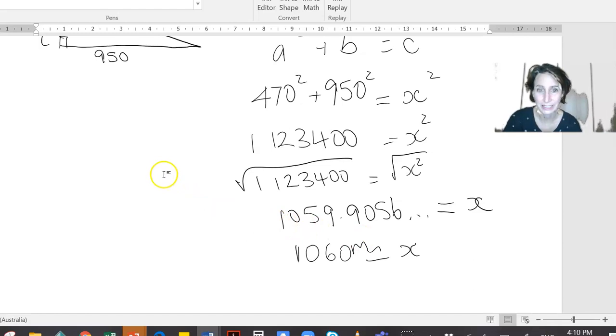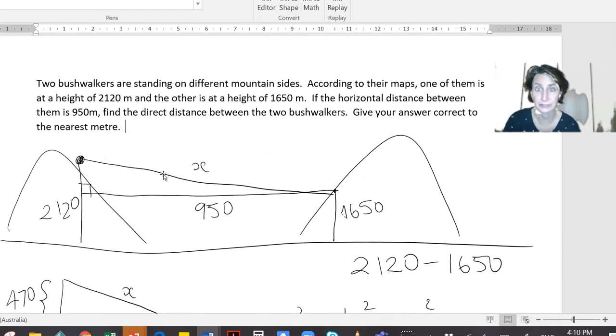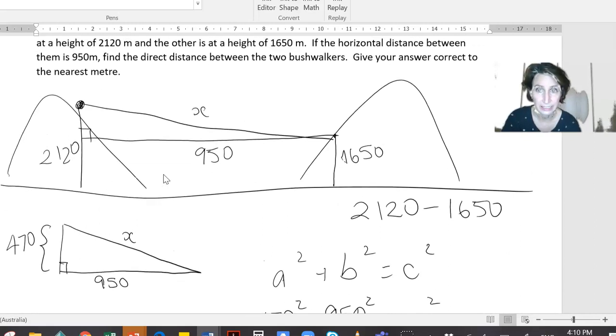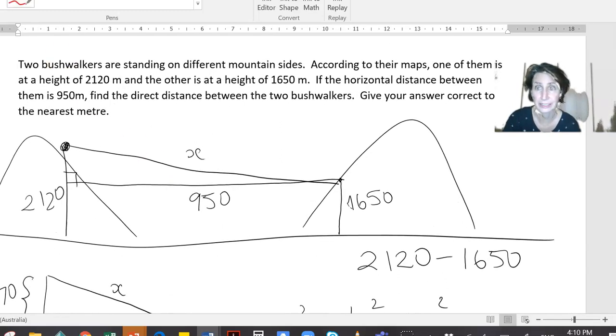Well, let's go back and see if that is a reasonable measurement. 1060 is a reasonable measurement for our triangle here, which is 950 and 470. It is. It's about the same size. It's not an order of magnitude bigger, but it is bigger than both, and, I beg your pardon, it is the hypotenuse, so it is longer than both the